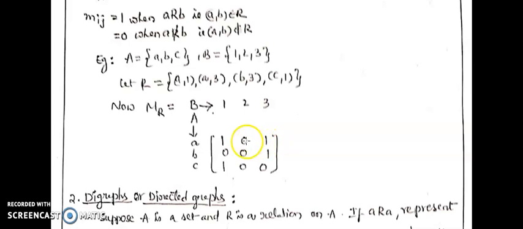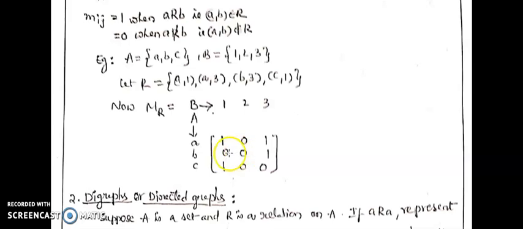In the middle, at the place of ath row 2nd column, the entry is taken 0 because (a, 2) does not belong to the given relation set. There are 2 other elements in the relation. Corresponding to them also, we should keep the entry 1 in the relation matrix. Those 2 places correspond to the element (b, 3). Corresponding to the place bth row 3rd column, we have placed 1. As (c, 1) is the other element of the relation, corresponding to cth row, first column, we have taken 1. So there are 4 entries 1 and 5 entries 0 in the relation matrix.